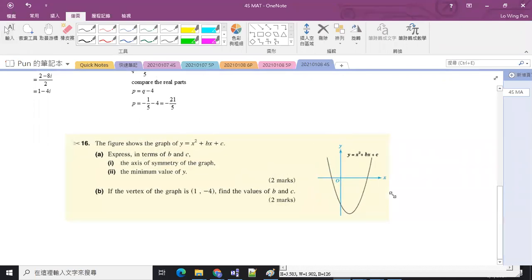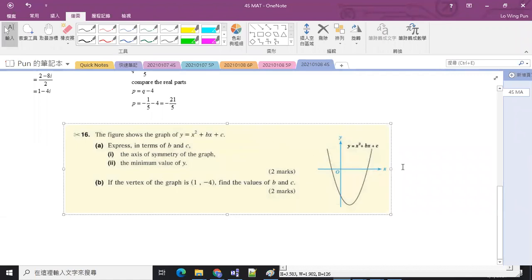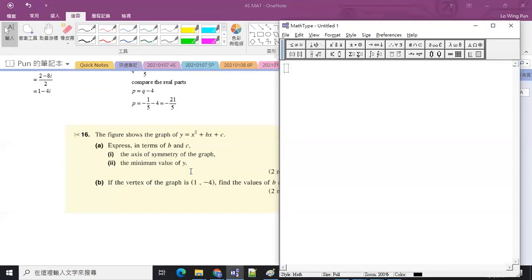Number 16, 好啦，又嚟呢啲quadratic function 嘅 graph 啦。So the figure shows the graph of y equals x squared plus bx plus c, expressed in terms of b and c, the axis of symmetry of the graph。好啦，一講到 axis of symmetry 啊，或者 A2 嗰啲 the minimum value of y 啊，或者 vertex 啊呢啲咁嘅嘢嘅時候咧，我哋就要即刻將佢做啲咩咧？嗱，呢啲即係我希望大家係要熟嘅，即係呢啲係你温咗書嘅話咧，就要即刻意識到要做啲乜嘢嘢。OK，就係要做嗰個 method of completing square 啦，得唔得？OK，即係將佢轉做一個 AHK form。OK，in this case,